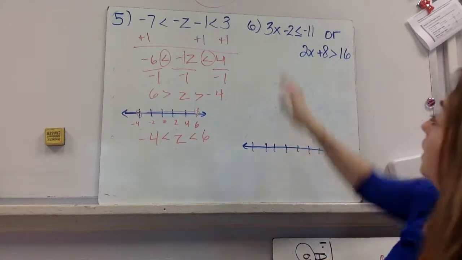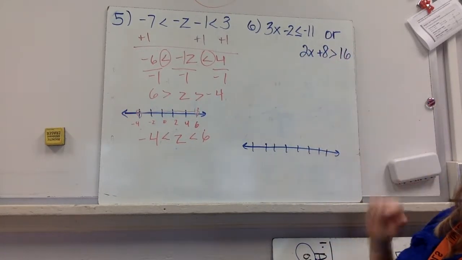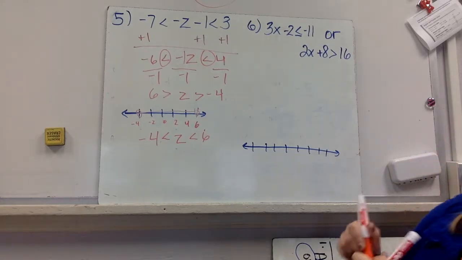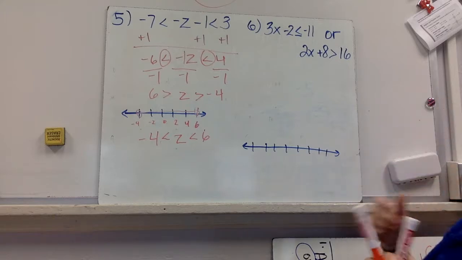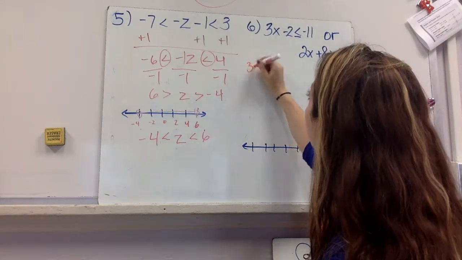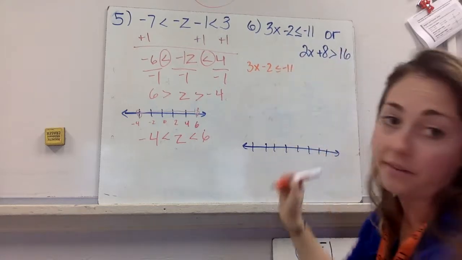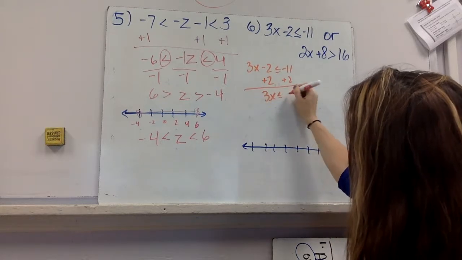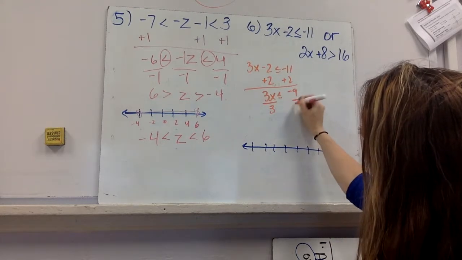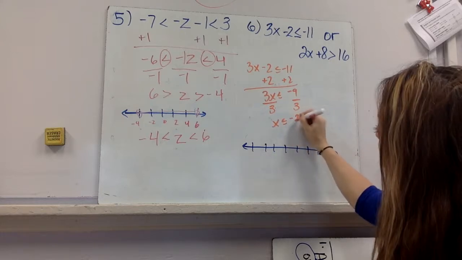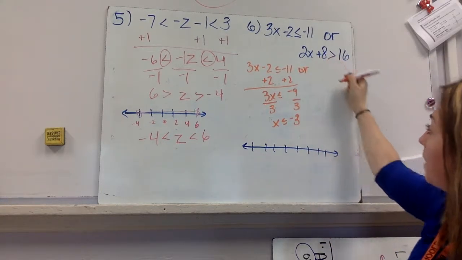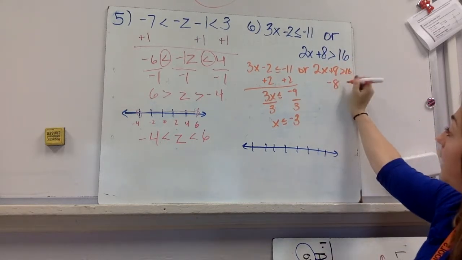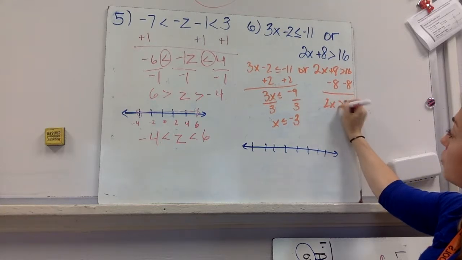All right, my last one here, I have an or scenario. And so what that means is I just need to do each part at a time. So the first part, 3x minus 2 is less than or equal to -11. We've done that. It's a 2-step equation. I add 2. 3x is then less than or equal to -9. Divide by 3, and I have x is less than or equal to -3. Over here, I can't forget about it. I have 2x plus 8 is greater than 16. I subtract 8 from both sides, 2x is greater than 8,